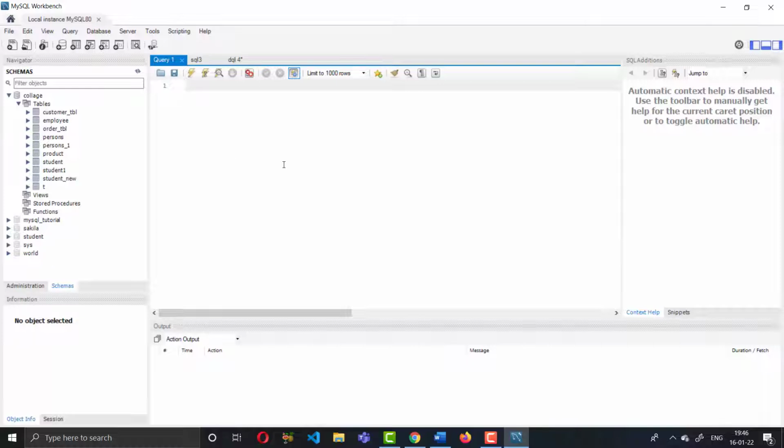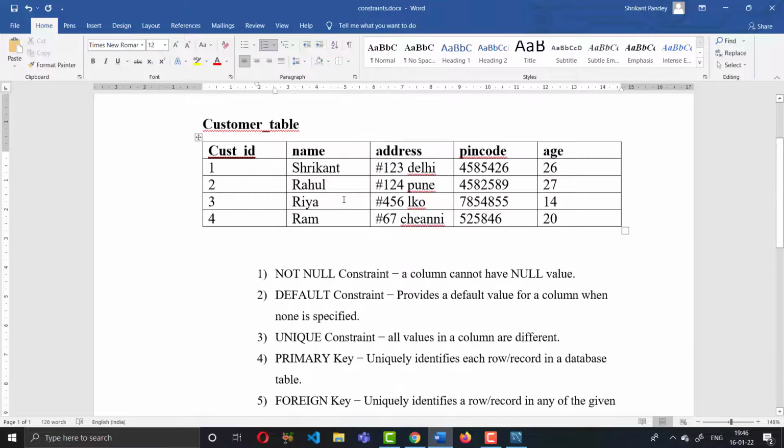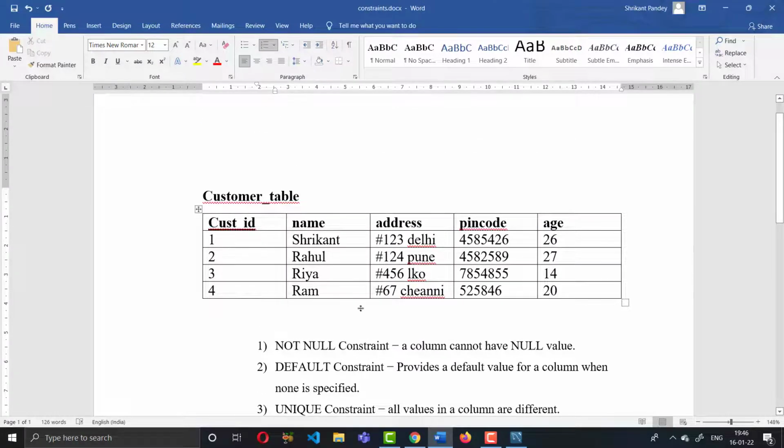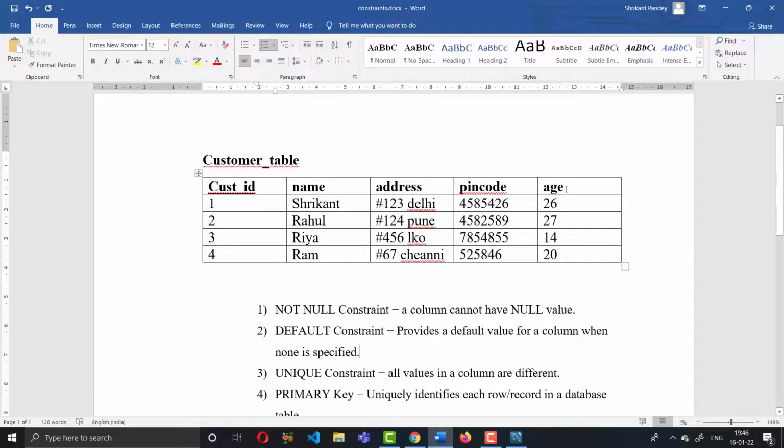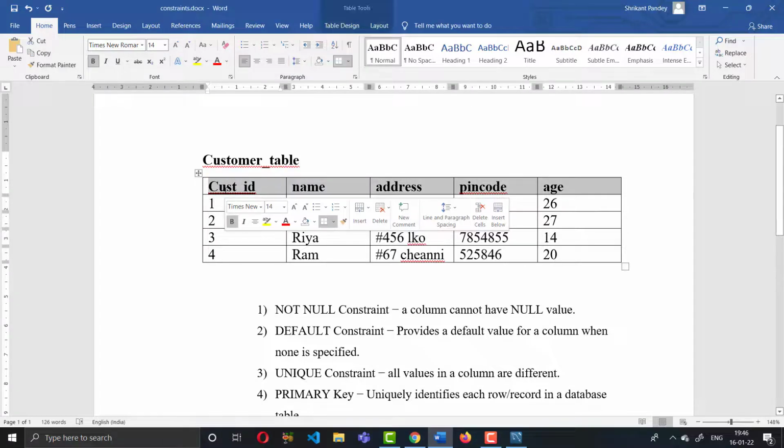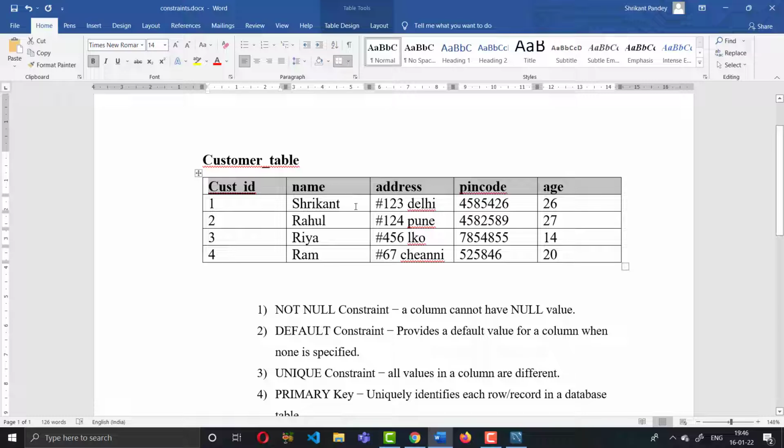Okay, so this is open, and now I'm zooming here to visualize better. Now I create the table like this, the customer table. I'm copying this part, but while you implement or follow, you should do it manually, and you will learn a lot